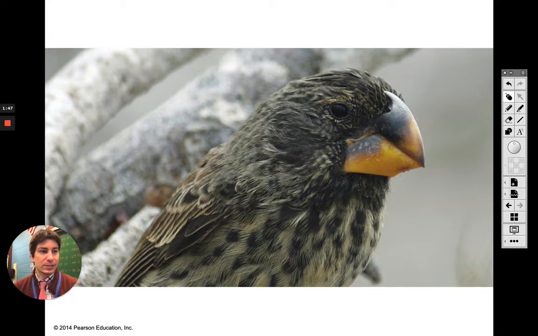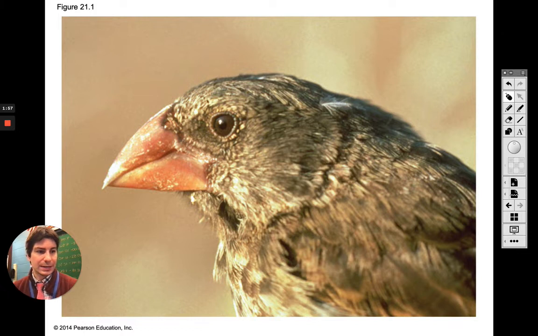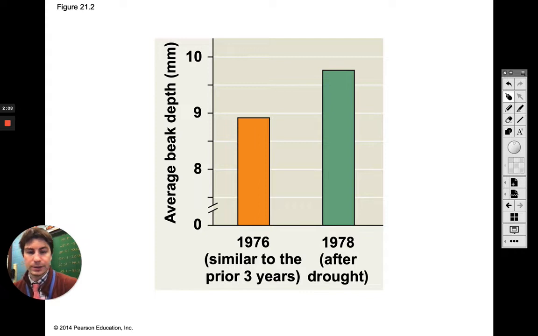An example of this, let's go back to the finches here of Darwin. You guys can see that this is a very large beaked bird. Okay, same thing here, a little bit smaller, but still, very large. These are going to be the seed-eating finches. Now, when we go to a different area of the world, this is from a long time ago, 1970s, there was a drought